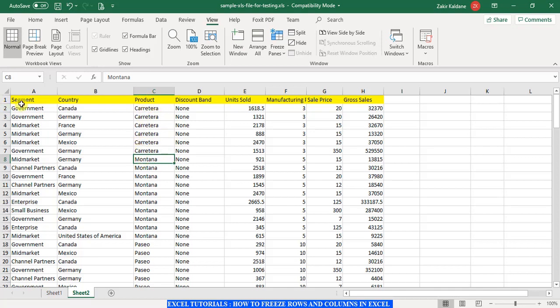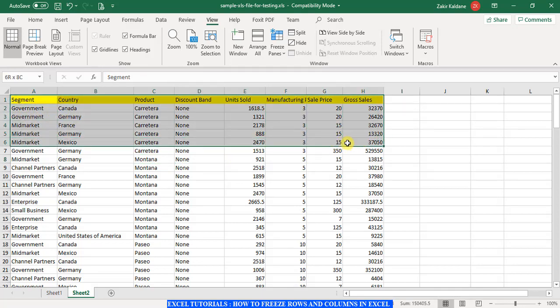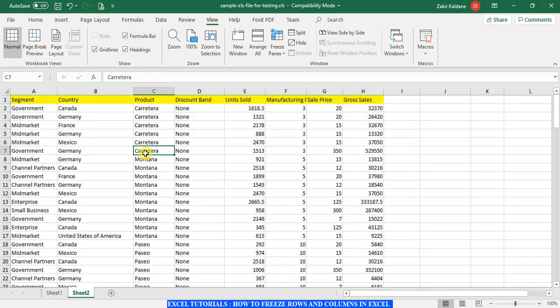For example, I want multiple rows to be locked. So I want all this selection to be locked. So I will click here, and I want these two columns to be locked. If I want three columns to be locked, I will click here. You got it?